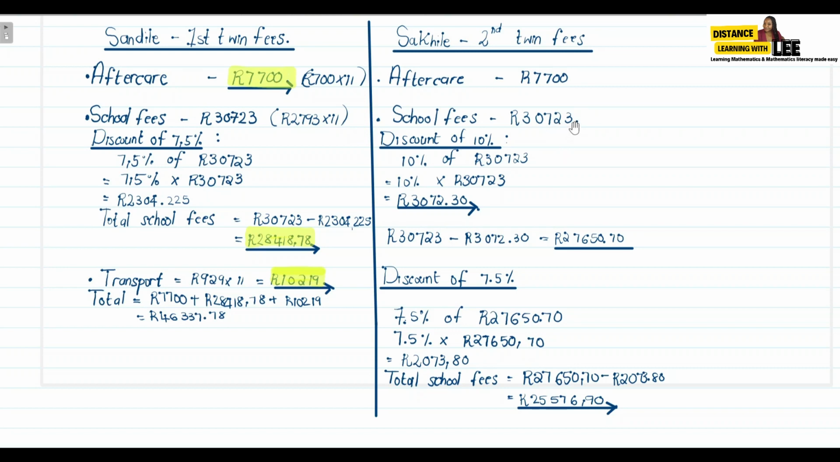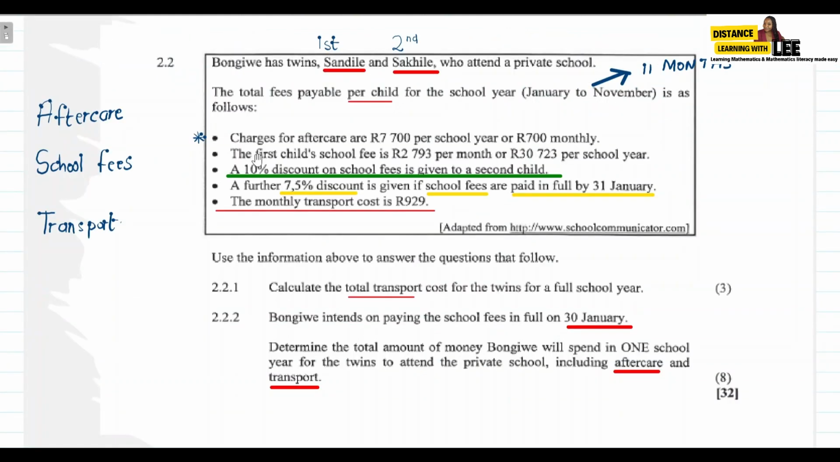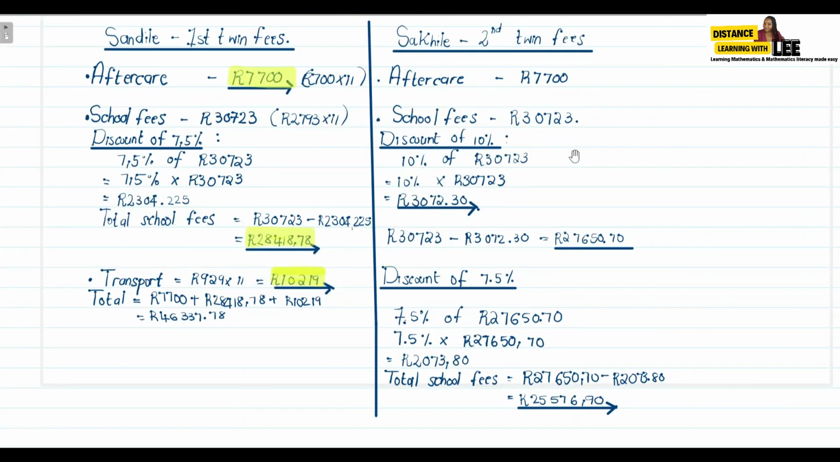However, we are told that when Mrs. Dlamini obviously has a second child, that second child receives a 10% discount on school fees, right? So we basically need to calculate 10% of this 30,723, right? And we calculated that 10% to be 3,072 rand and 30 cents, right? So we need to minus that 3,072 rand and 30 cents from that 30,723 rand. So we found that after the 10% discount was applied, Mrs. Dlamini paid